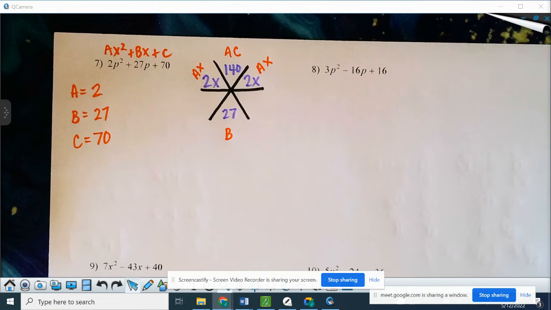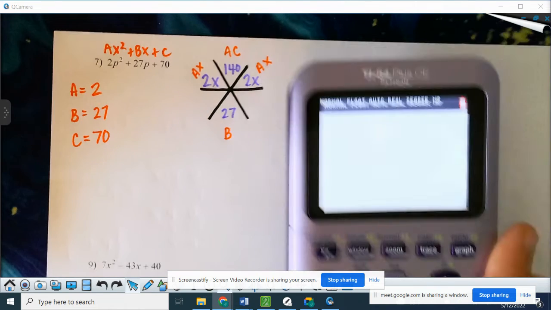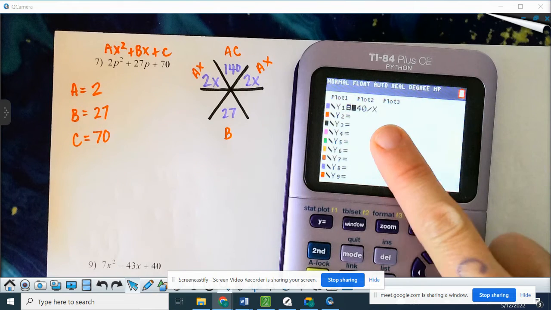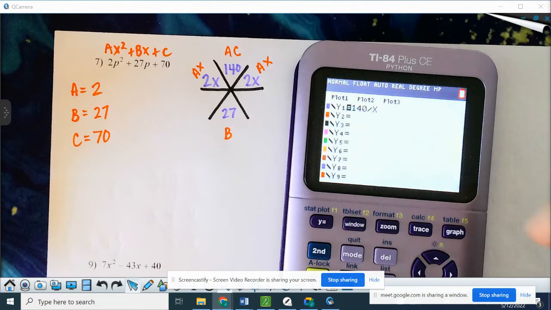And if you just practice doing that much on day 1, trust me, in a couple of days, this will be super easy, okay? So now I need to know, what did I multiply together to get 140 to add or subtract to give me 27? Now, I don't know all the factors of 140 off the top of my head. So I take 140 divided by x in my calculator,